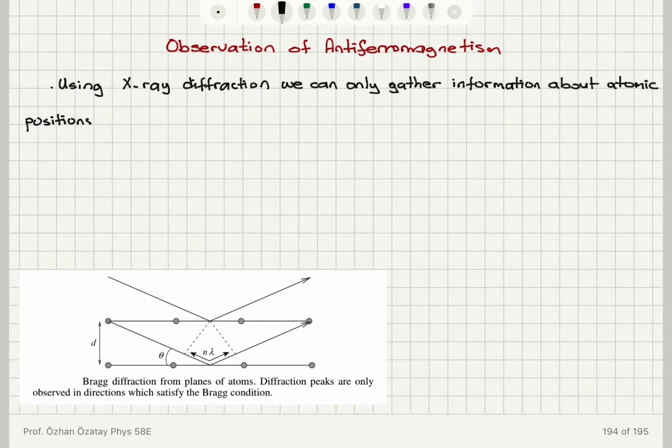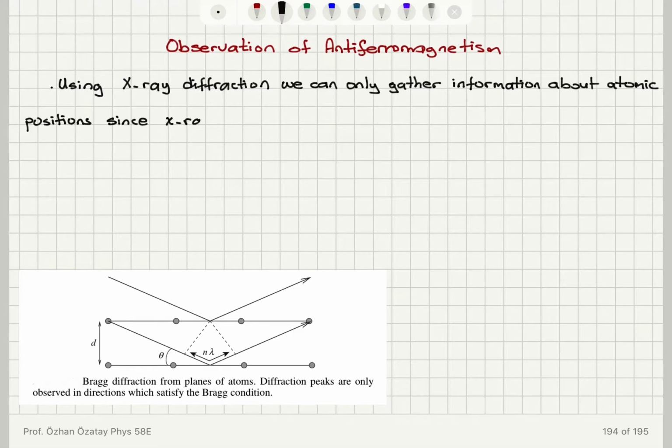And why is that the case? Because we need to look at the interaction mechanism. The X-rays, when they penetrate the crystal, are basically interacting with the electron clouds around the atoms. So we can see the scattering of the X-rays due to the interaction with the electron clouds. So this is giving information about atomic positions since